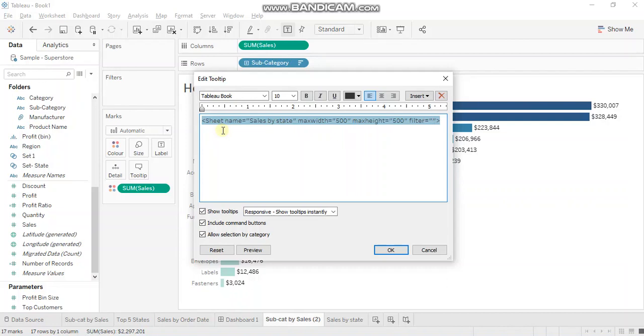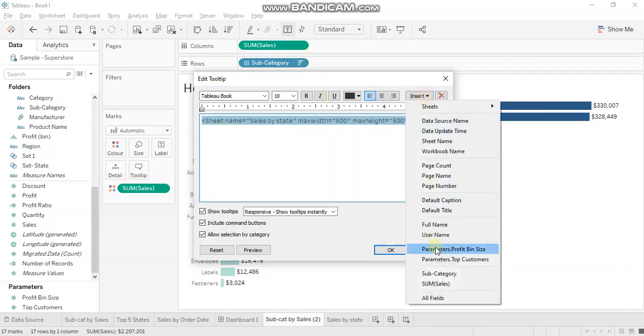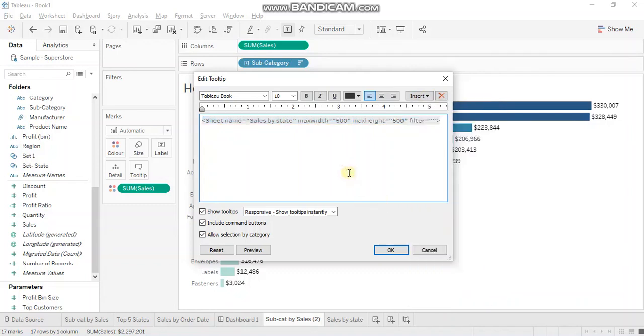Suppose we also had category, and in that case you just wanted subcategory to get applied and not category. So here you can go and insert and choose the dimension from here. You can also add dimensions separated by a comma if you don't want all the fields to get applied.